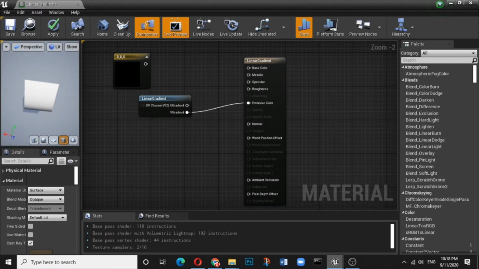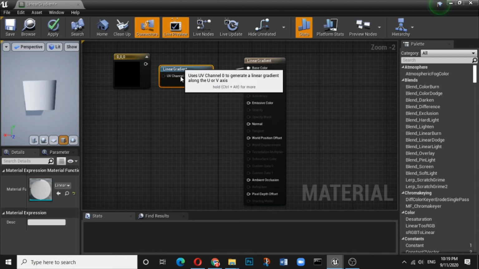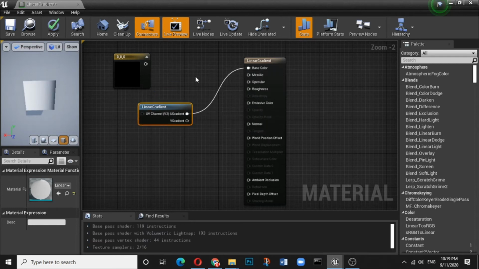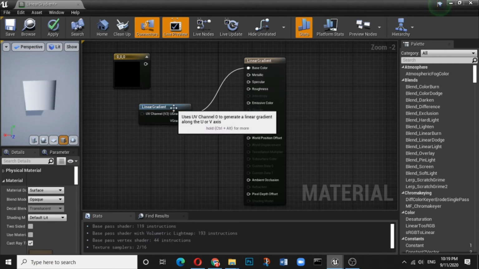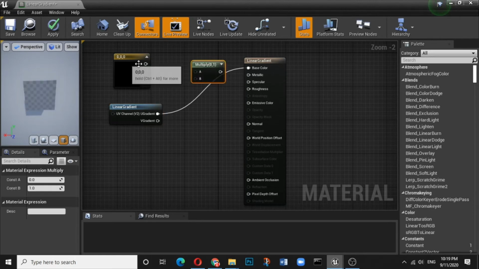Now what we will do is we will add this to the base color, and we need something called opacity. Sorry, this was not supposed to be connected with the base color. It was the 3 gradient that has to be connected with the base color. Before that, we will add something called multiply.